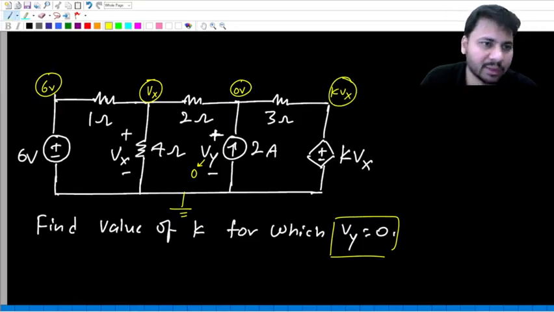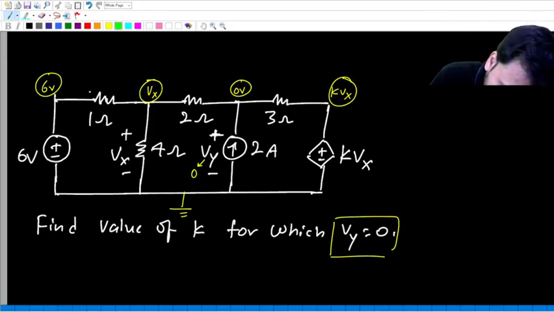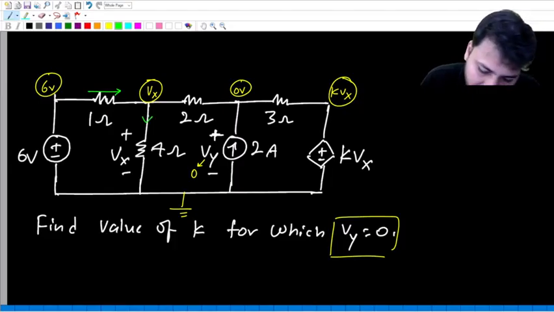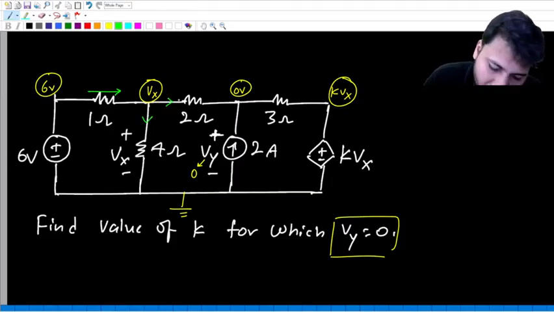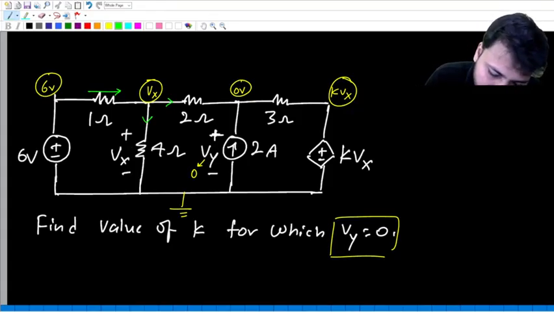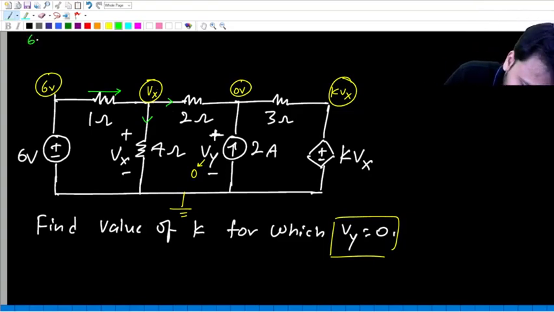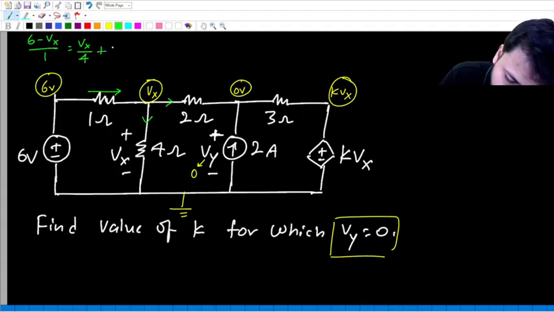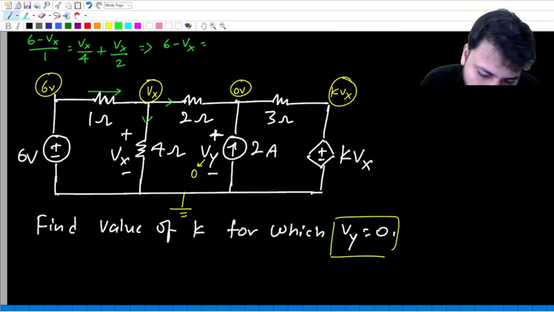K Vx. Okay. Now what is this current? 6 minus Vx by 1. What is this current? Vx by 4. What is this current? Vx minus 0 by 2. So can't we write KCL at this point? So at this point, two currents are leaving, one current is entering. So 6 minus Vx by 1 equals Vx by 4 plus Vx by 2. So 6 minus Vx equals